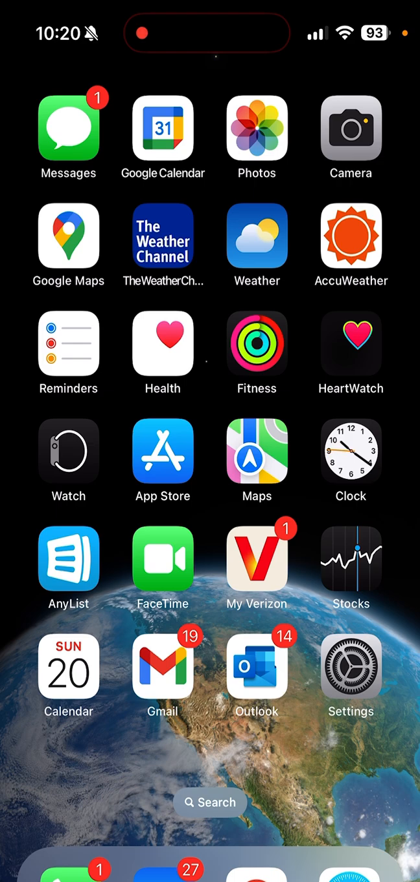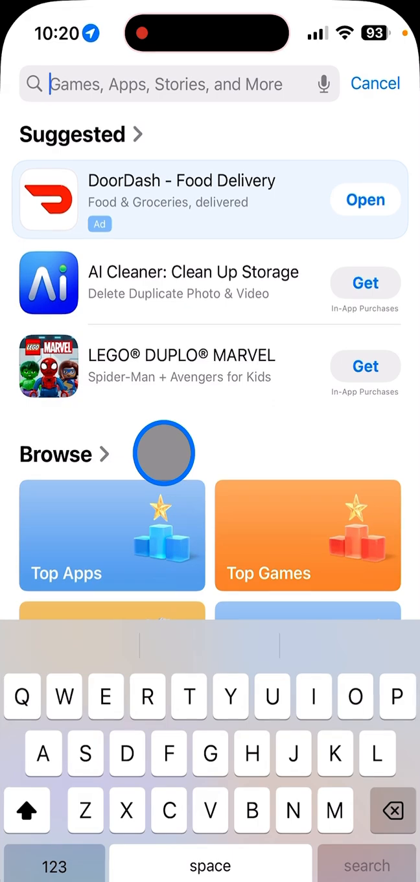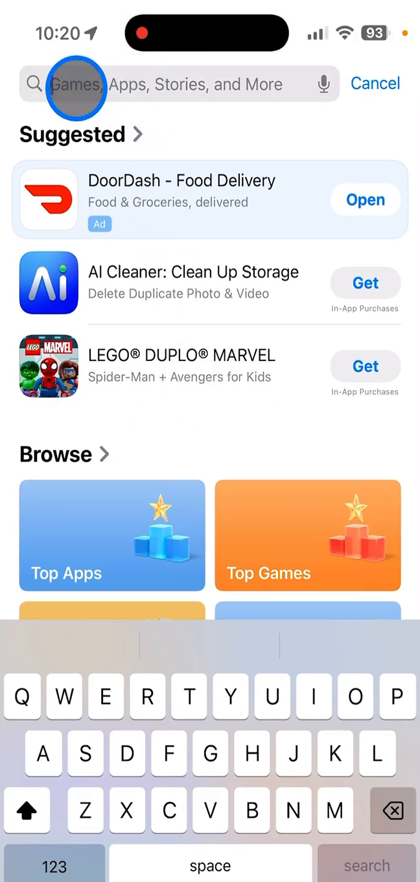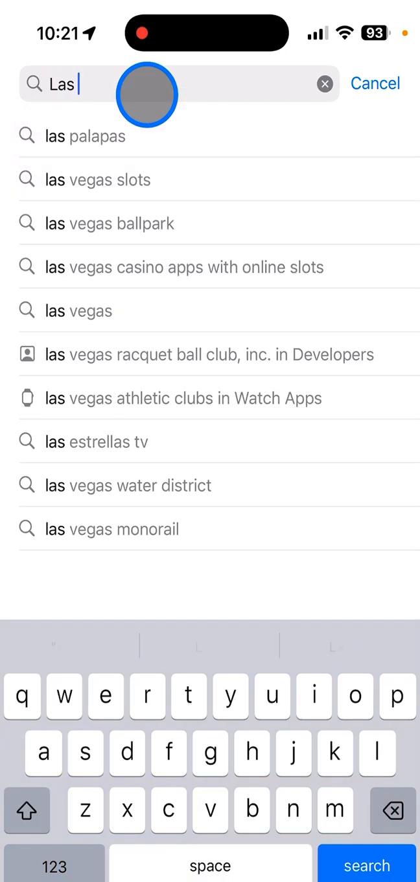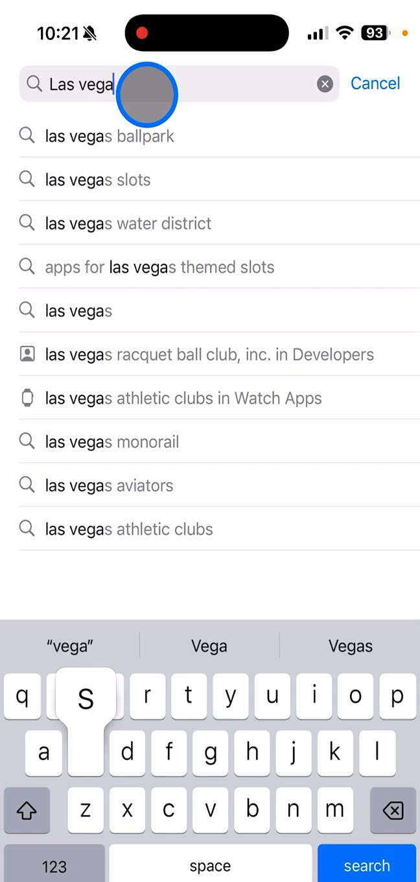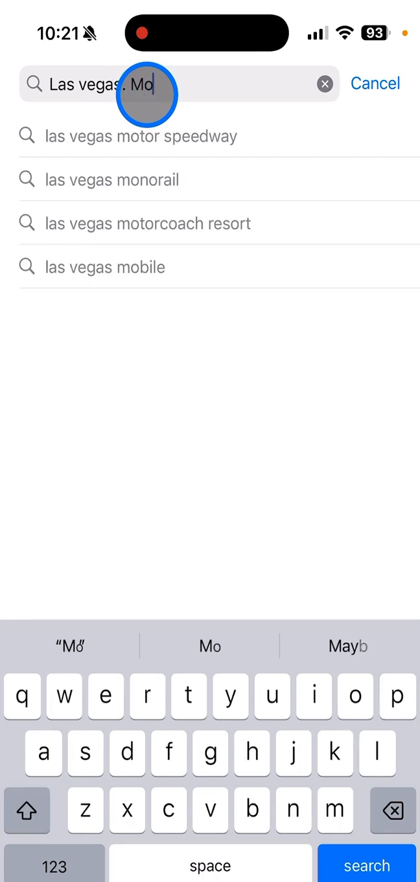In order to download the app, you need to go to the App Store. Here's the App Store icon. I'm going to tap the icon. Up here on the top in the search function, I'm going to enter Las Vegas Motorcoach